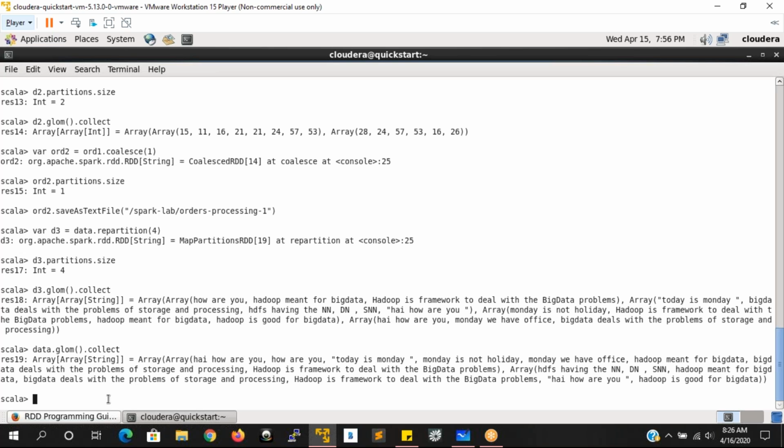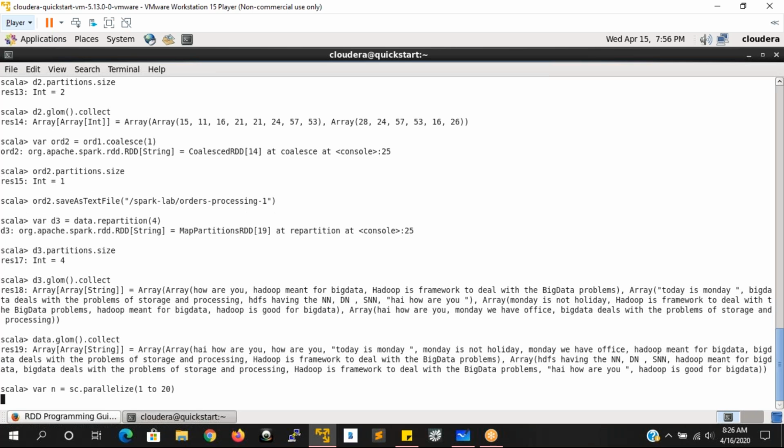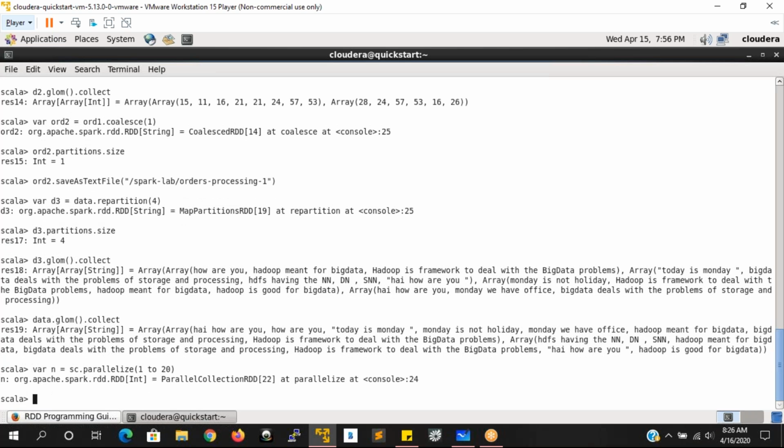For example, take n equal to sc.parallelize, parallelizing the local object here, where I am going to take a range from 1 to 20. What is going to happen? It is going to create an RDD n. In this, n.partitions, how many partitions is it going to create?